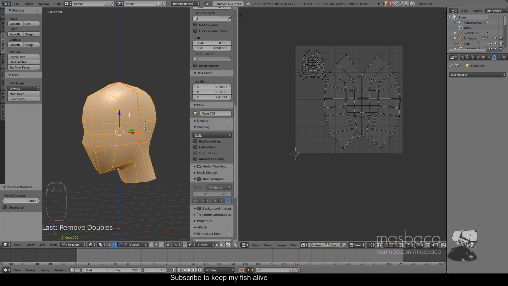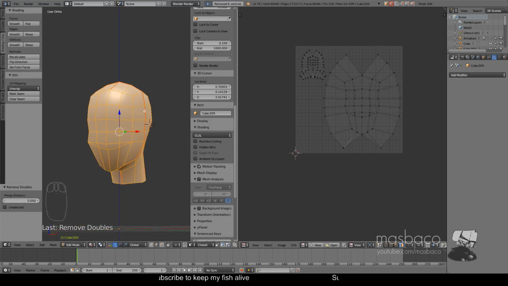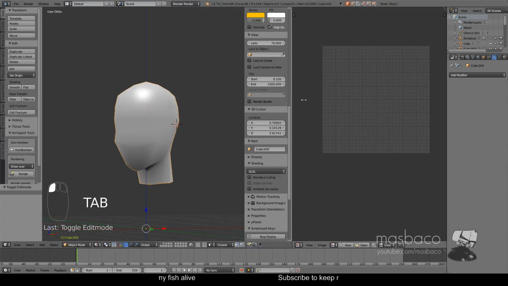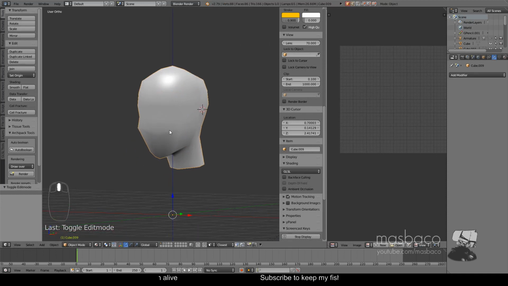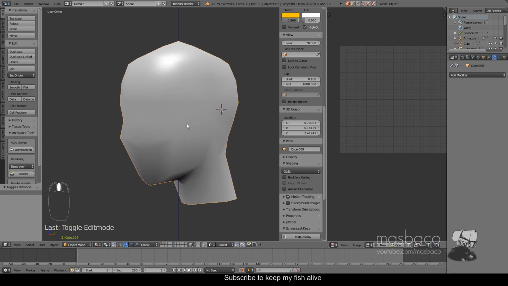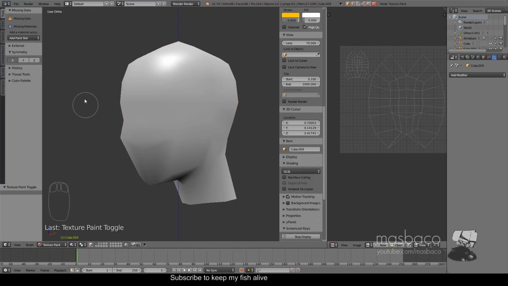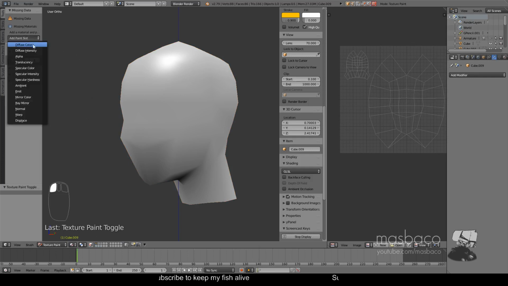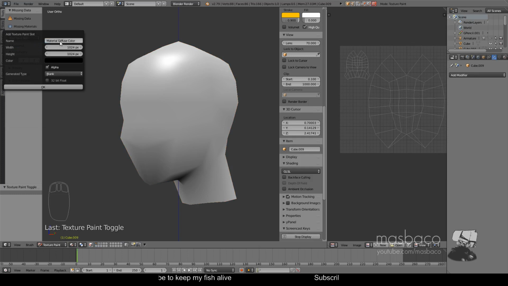Okay, now hit Tab to exit the edit mode. Then we will be making a texture painting for this mesh, and from this object mode, click that and choose texture paint. Now add paint slot and choose diffuse color, then rename this to something that you can remember,